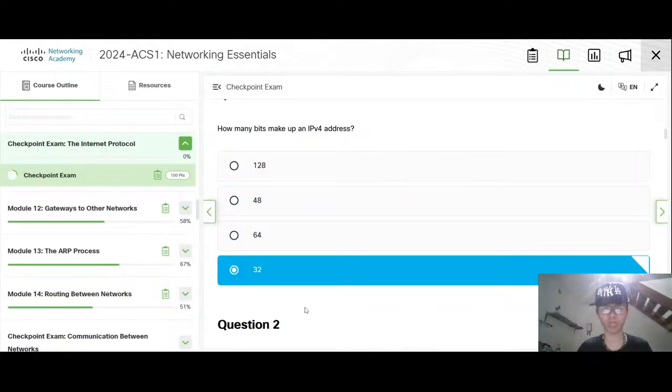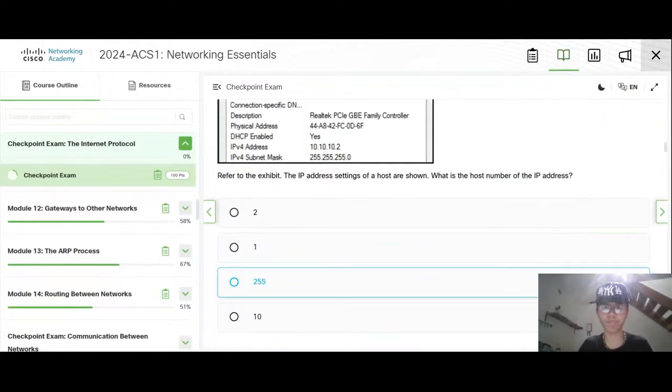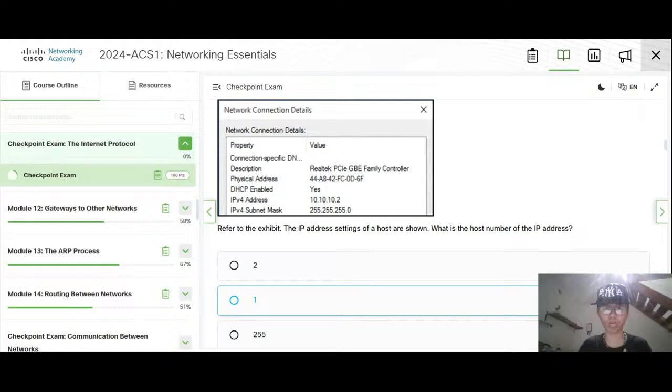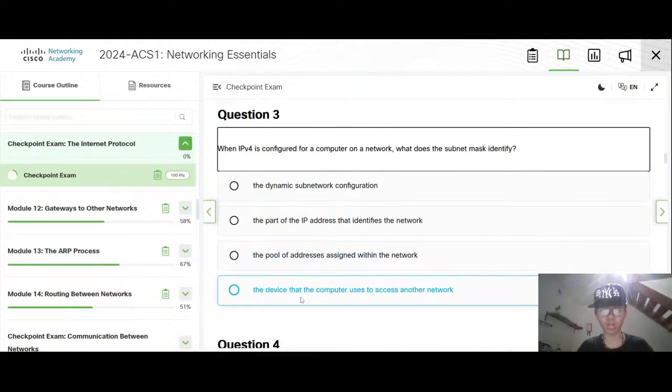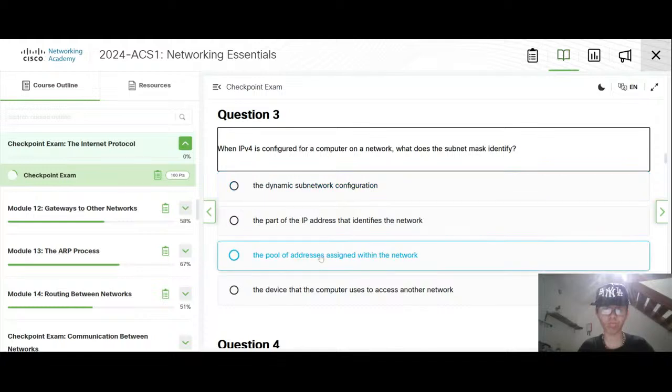Yes, doing this faster. Which is the host is 2, which the host belongs to.